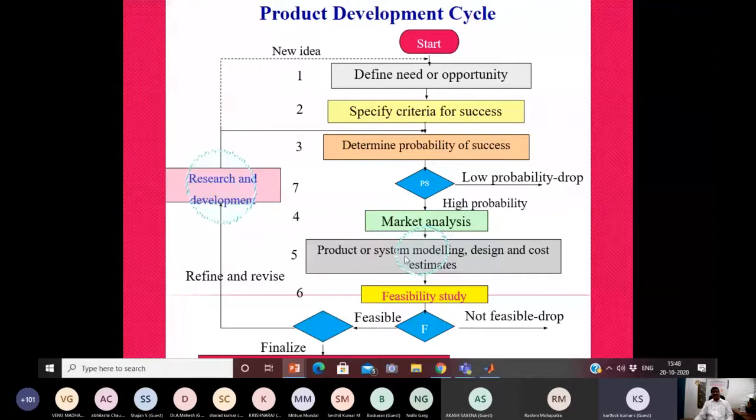If the probability of success is there, then we can proceed to further steps of market analysis and some engineering works like product modeling, simulation, analysis, optimization, etc. The fifth activity is more important for the engineers. After completion of all these planning activities, next is execution, that is manufacturing. But before going to manufacturing, again we have to cross check practically whether the idea is feasible or not. Our idea is to drive a solar collector without using electricity. It is fine, looks nice.